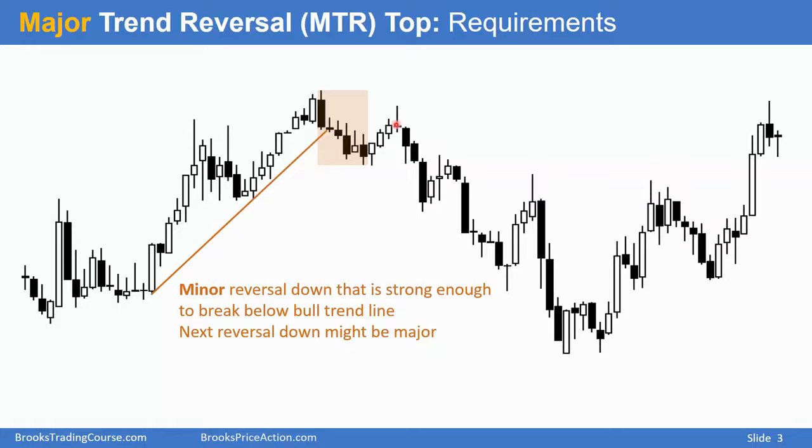Some traders will sell below this bar. Other traders will wait until there's a strong bear breakout. Here we have 3 consecutive bear bars with good sized bodies, and then they'll sell here, looking for at least a couple legs down from there. Minor reversal. The bull trend resumed, but it did not get very far,